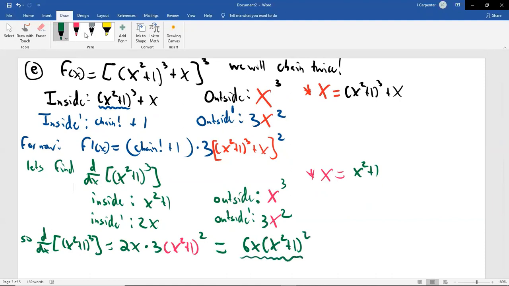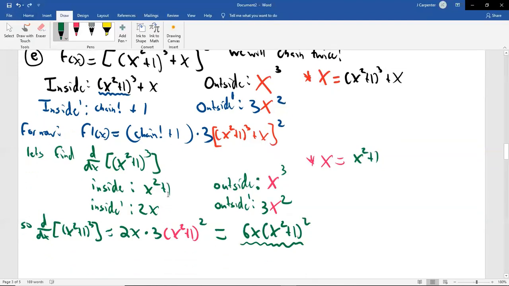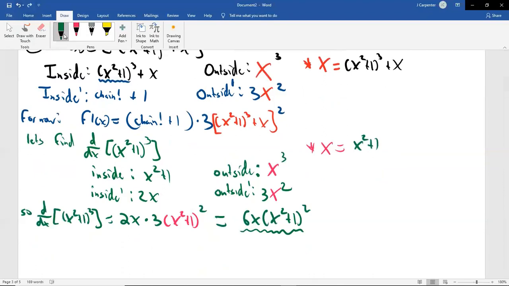This right here is what gets plugged in. Oh, this is going to get erased in just a second. Here, where it says chain exclamation mark. Because again, we didn't know that derivative initially, we had to chain it. Now that we have chained it, we can go back and fill it in. So we finally have